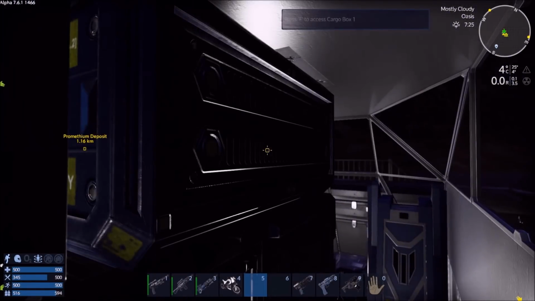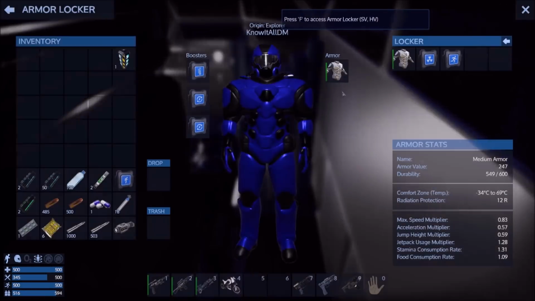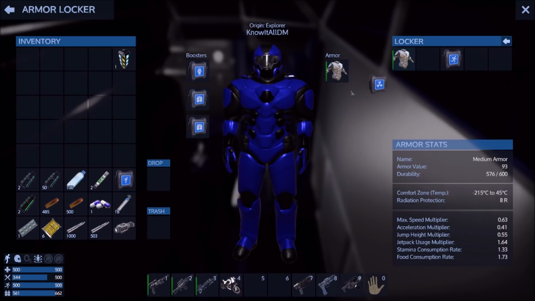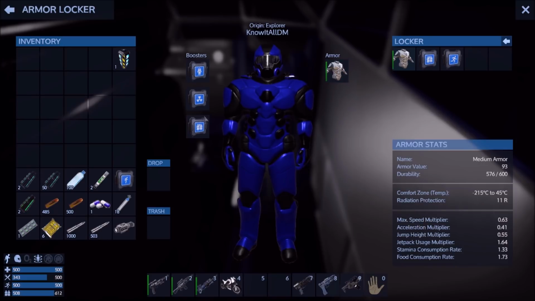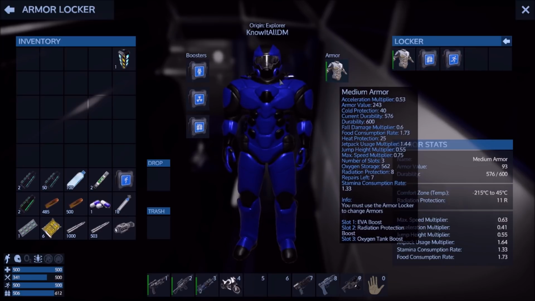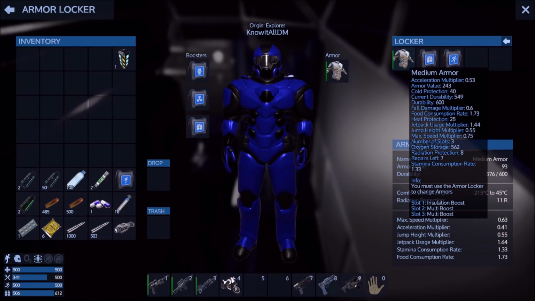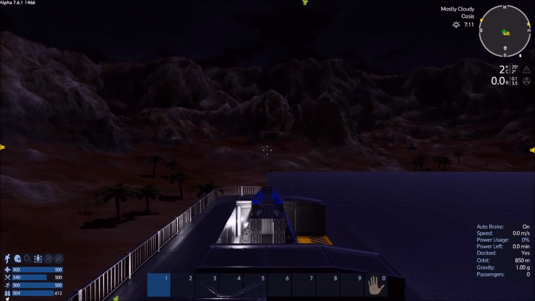We've got full oxygen with some extra oxygen. So I've also got my EVA suit in here. I'm going to go ahead and switch to that and switch one of these with a radiation boost because this only protects you for an 8 radiation, and on the moon it's a 9 point something, I believe. So that goes ahead and protects us all the way to 11. If I need more, this suit does have some multi-boost, which also increase your radiation protection. So let's go ahead and take the Dromedary